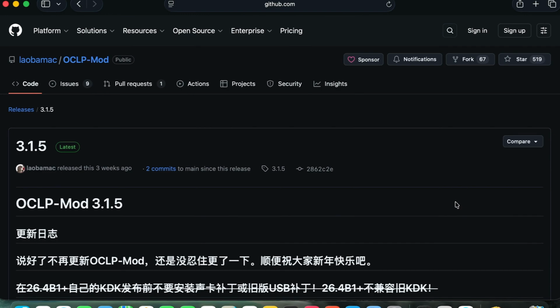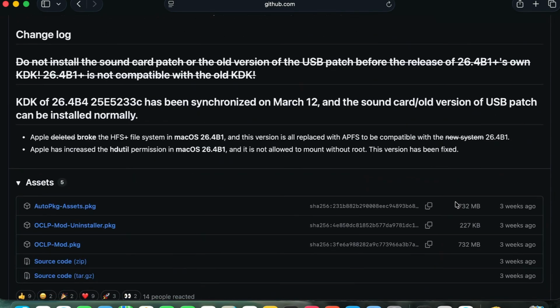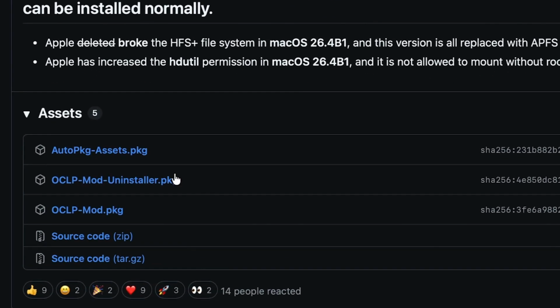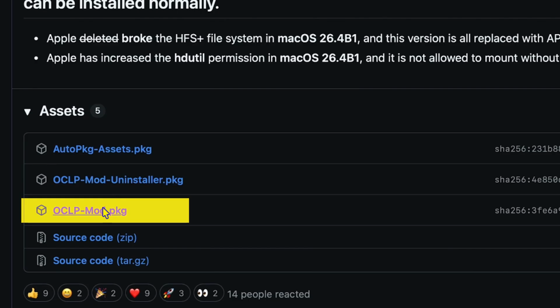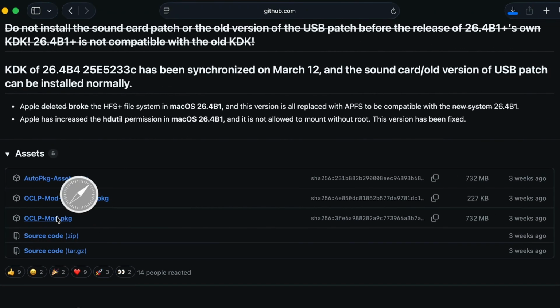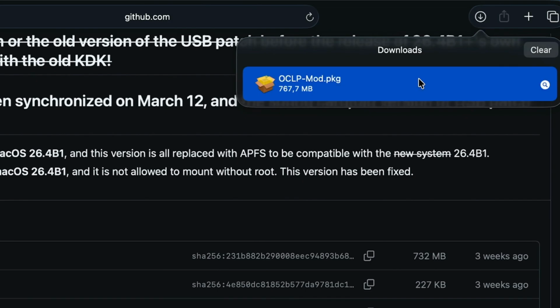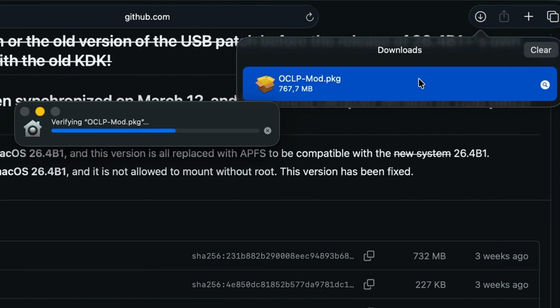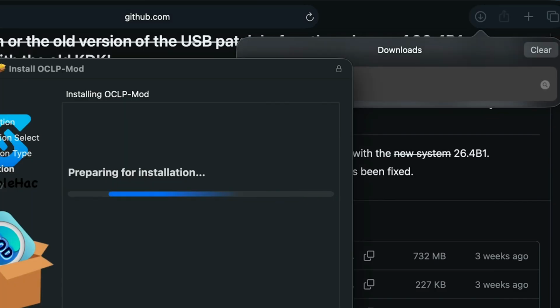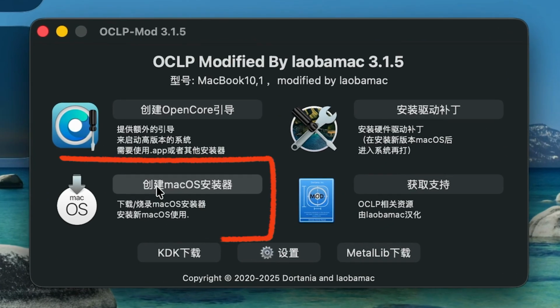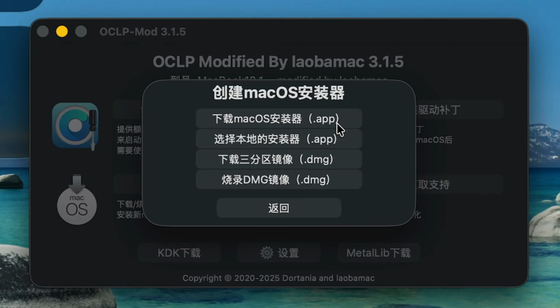One downside is that most of the interface is in Chinese, which can make it slightly difficult to use. However, this version is the only one that successfully boots both the macOS Tahoe installer and the system itself on the 12-inch MacBook 2017. Once downloaded, install the application and open it. Inside the tool, select the option to download macOS,